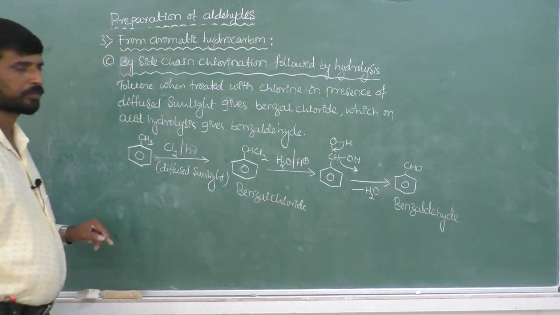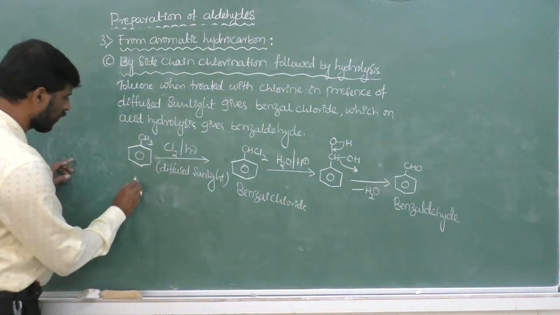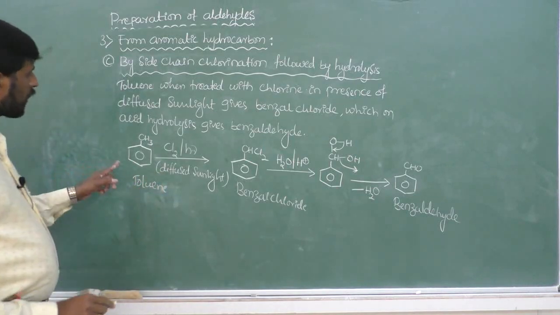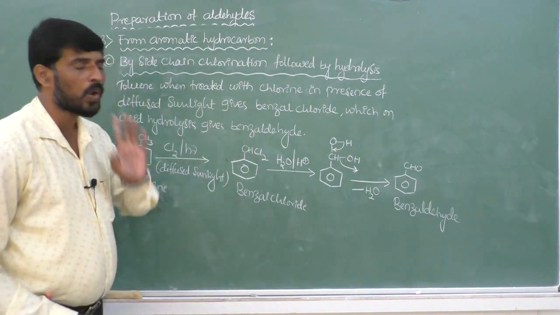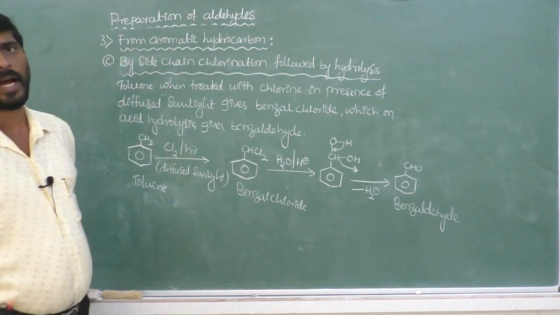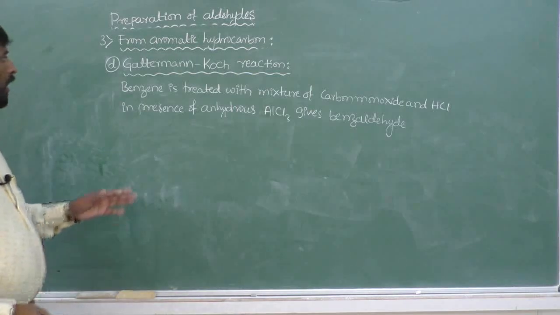Benzaldehyde is formed. Okay? So in this, toluene is converted into benzaldehyde by side chain chlorination followed by hydrolysis. Okay? The next method is